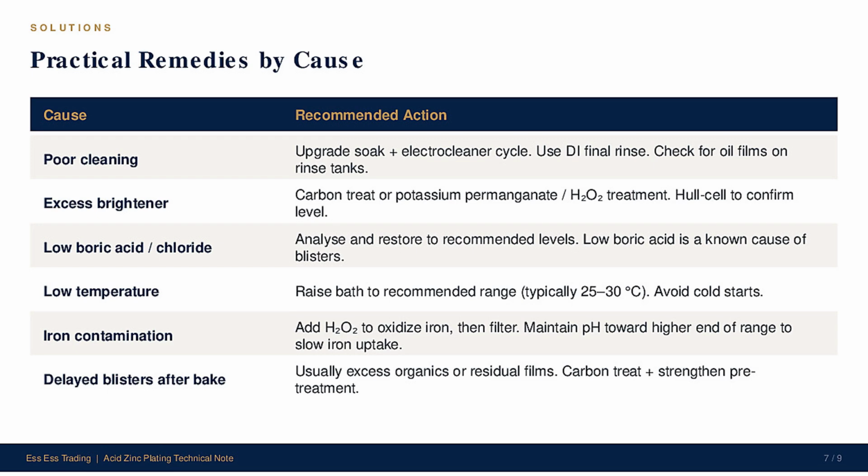Iron contamination requires peroxide oxidation followed by filtration, and maintaining pH at the higher end helps slow iron uptake. Delayed blisters after baking usually point to excess organics or